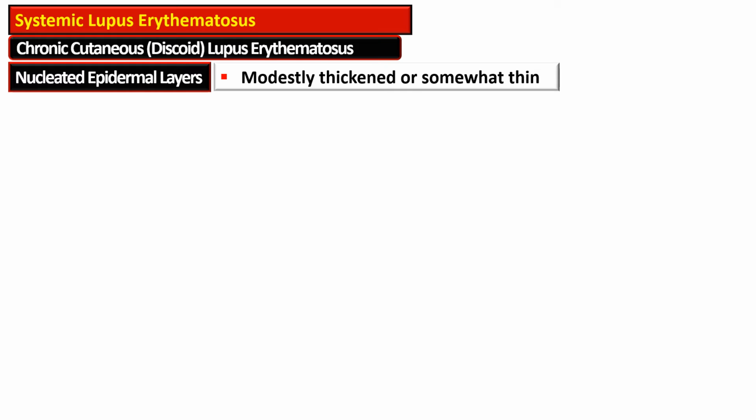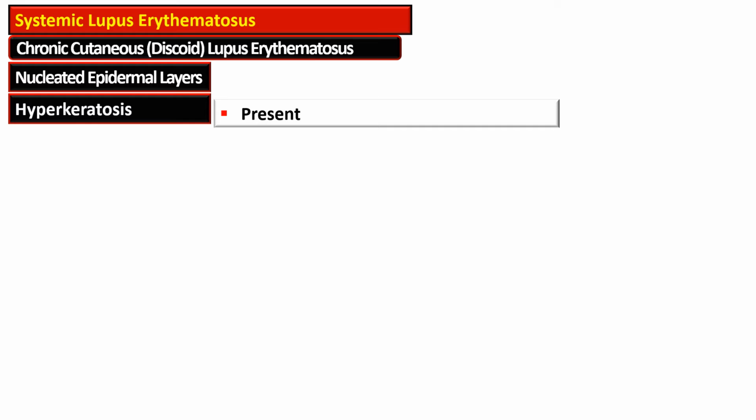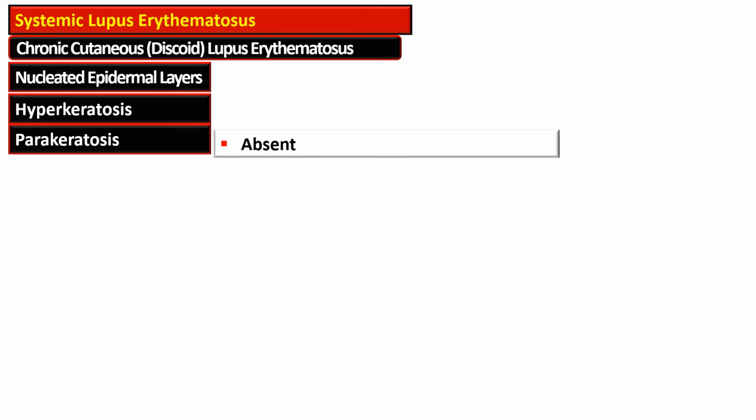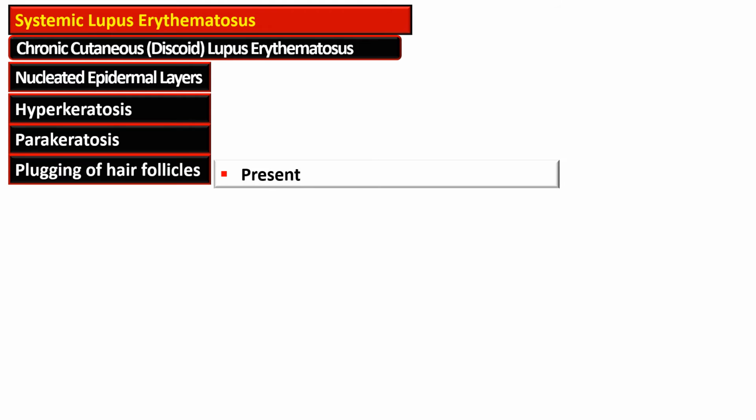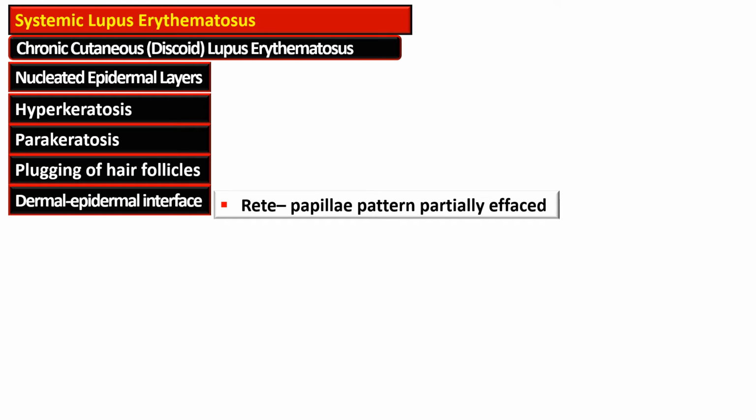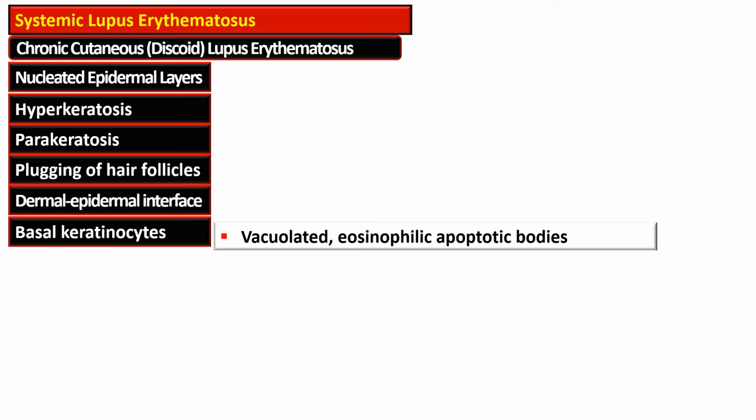The morphology of chronic discoid lupus erythematosus is characterized by the presence of nucleated epidermal layers, which are modestly thickened or somewhat thin. There is hyperkeratosis, but parakeratosis is absent, and plugging of the hair follicle is also present. The dermal-epidermal interface, especially the rete papillae pattern, is partially effaced, and basal keratinocytes are vacuolated with the presence of eosinophilic